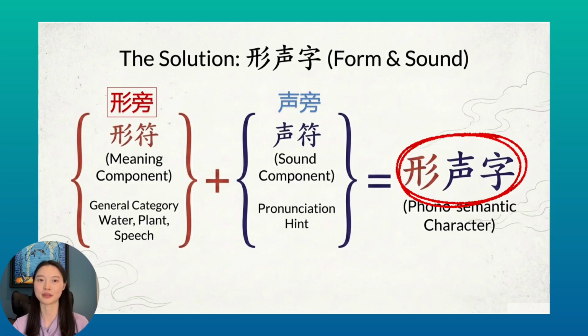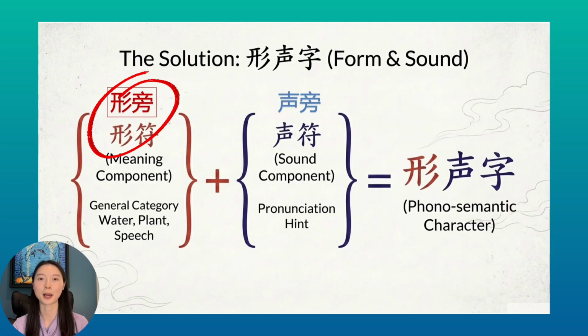Every 形声字 is made of 2 parts. 形符, the meaning component. It tells you the general category. Is this character about water, people, speech, plants? You will also hear it called 形旁. 声符, the sound component, also called 声旁. It hints at the pronunciation, usually the syllable, though not always the exact tone. Meaning category plus sound hint. Put them together, and a character tells you both what it's about and roughly how